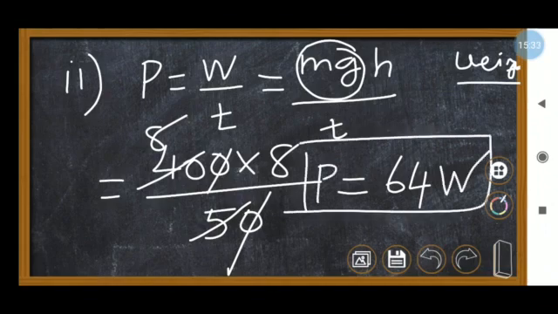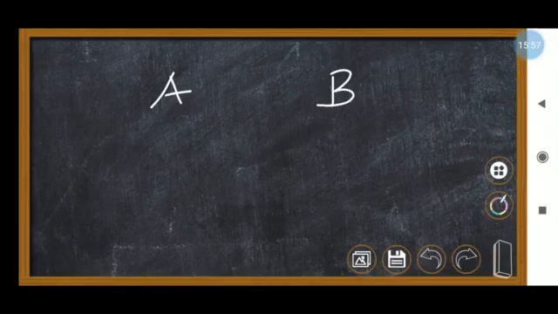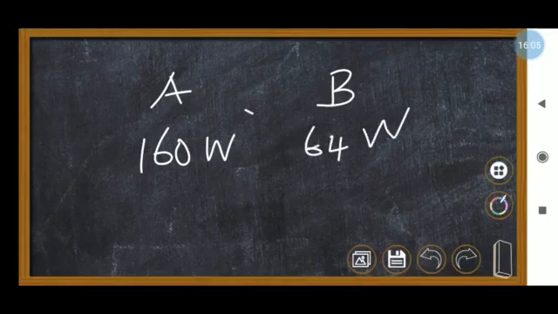Now compare that: who spends more power, who spends less power. So the power expended by the girl is 160 watt, because she did the same work in less time. So less time means she has more power. Am I right? So person A did 160 watt power and person B did 64 watt. So obviously person A has greater power. So this kind of thing only we have to calculate, students.